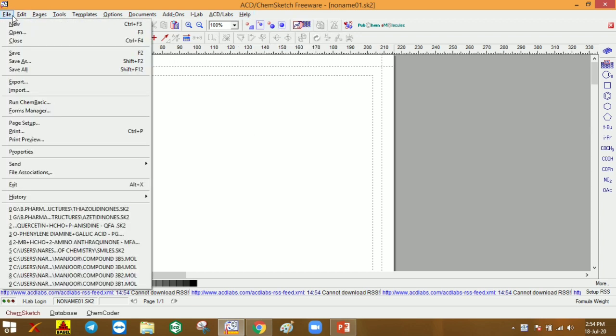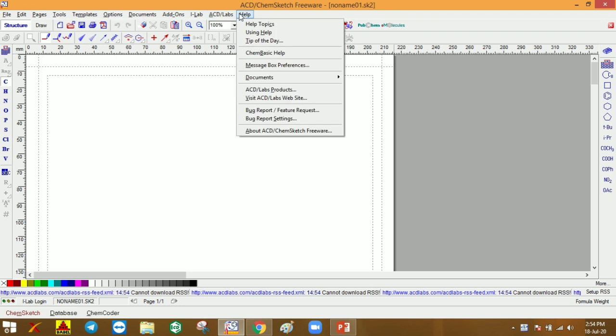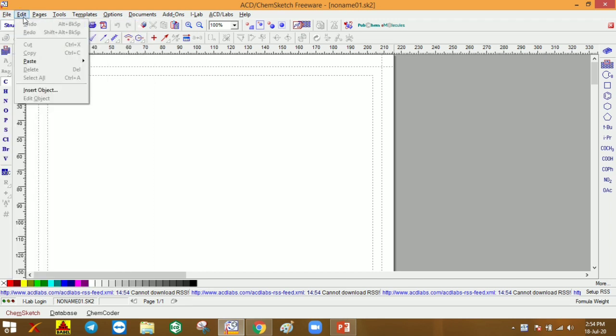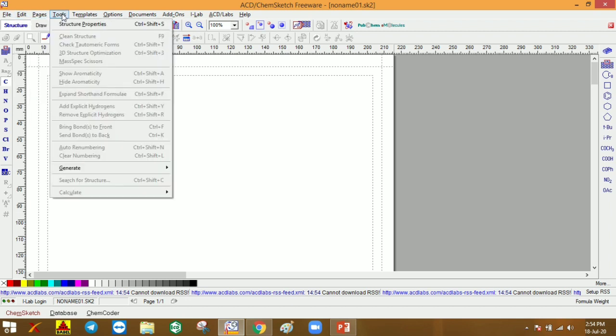Looking at the different options in this software, in the File menu we can create a new file and open a previously saved file. In the Edit option we can see undo, redo, cut, copy, paste, and pages, tools.